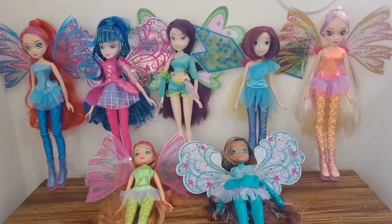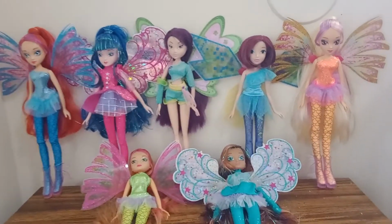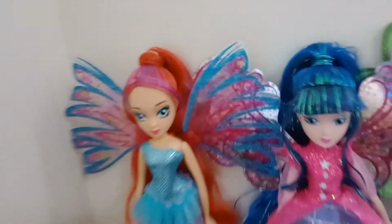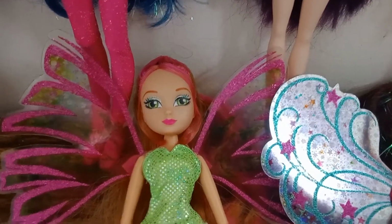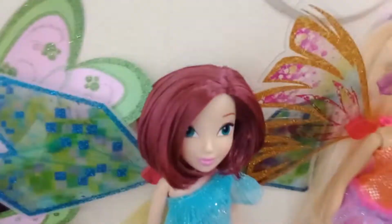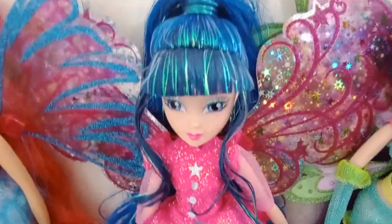So stay tuned for tomorrow's video, where I'm just gonna sit here and bring all these lovely ladies back again, and talk about how I found each and every one of them, and how it eventually led me from Bloom and Stella, who I got at Ollie's Bargain Outlet, and then months later led me to Flora from a certain social media platform marketplace, who then led me to the Cosmix Tekna, who had been snatched up before I could get her, but we'll talk about that later, who led me to Musa on eBay,